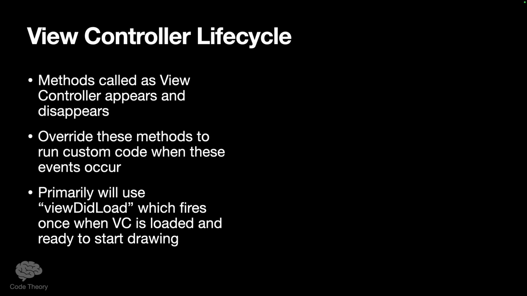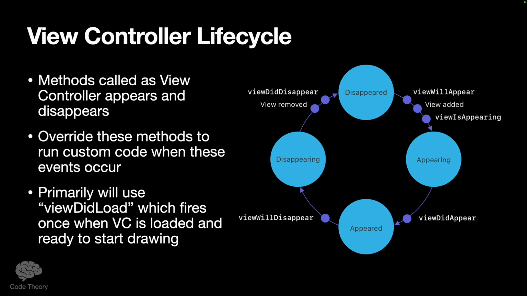So typically, you'll do most of your definitions in viewDidLoad, and we'll see that when we do the workshop as well. Here's a bunch of the different events that occur and the things that cause them to happen. These are viewWillDisappear, viewDidDisappear, viewWillAppear, viewIsAppearing, viewDidAppear. These are for things where